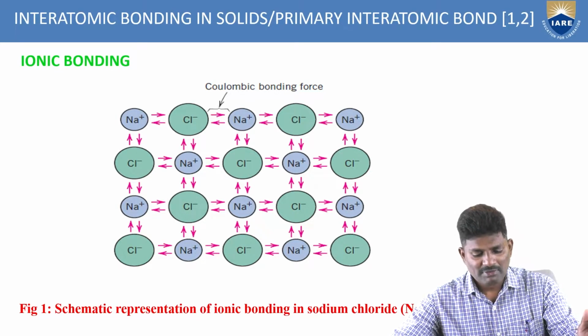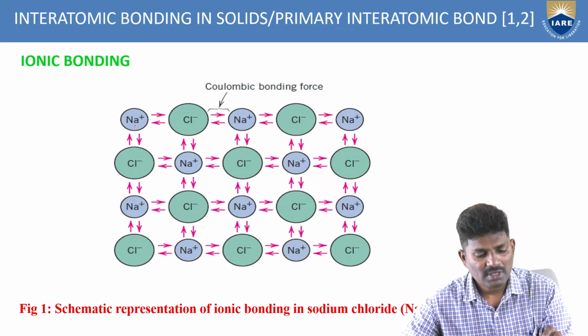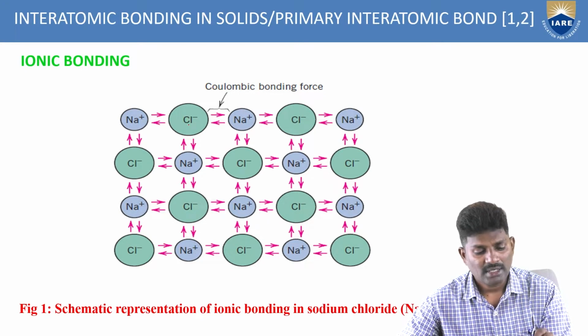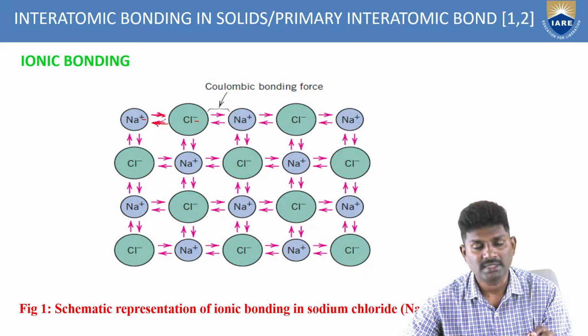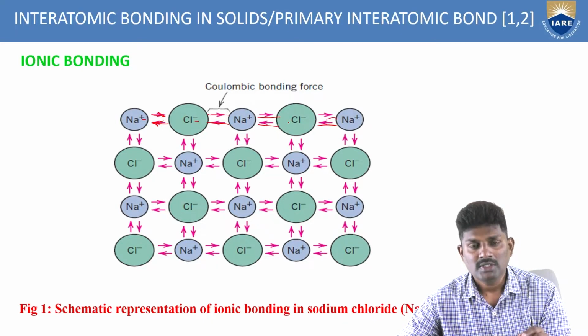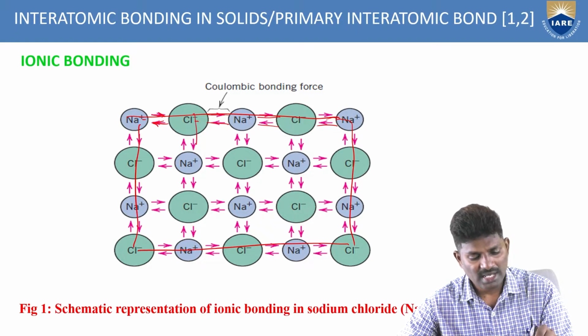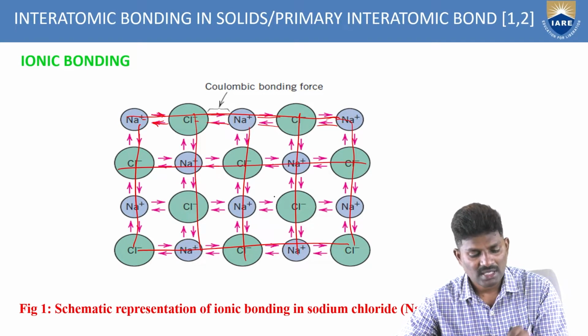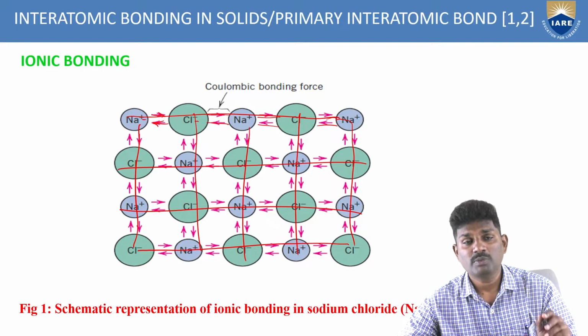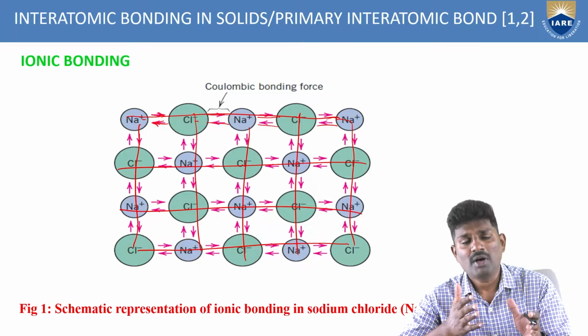So this is an example for the sodium chloride. If you see here, the sodium has a positive charge and the chlorine has a negative charge. Because of this positive and negative, what is happening? There is a strong force of attraction between these two elements. Anywhere you see here, anywhere positive, negative. If you see in this direction or in this direction, in any direction, always the charges should be arranged in such a way that it is positive and negative.